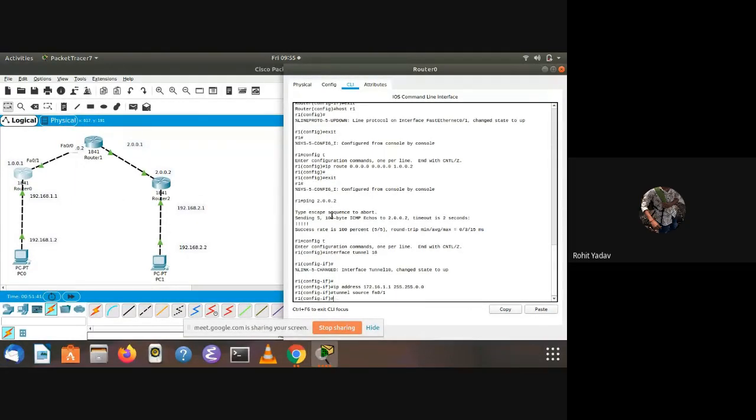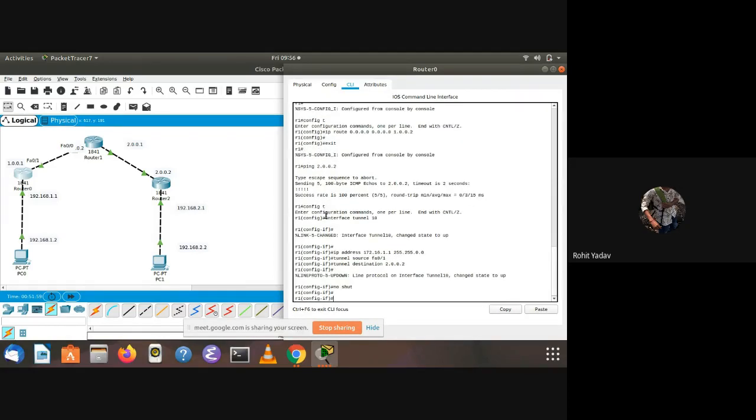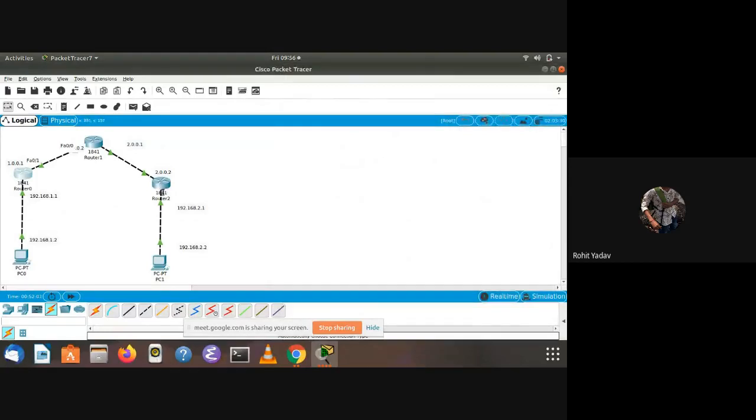I don't know if you are listening or not. Destination. And we will give the IP address 2.0.0.2. Okay. Now what have we done? No shut. I think it happens. Now similarly we will do it on router 3.